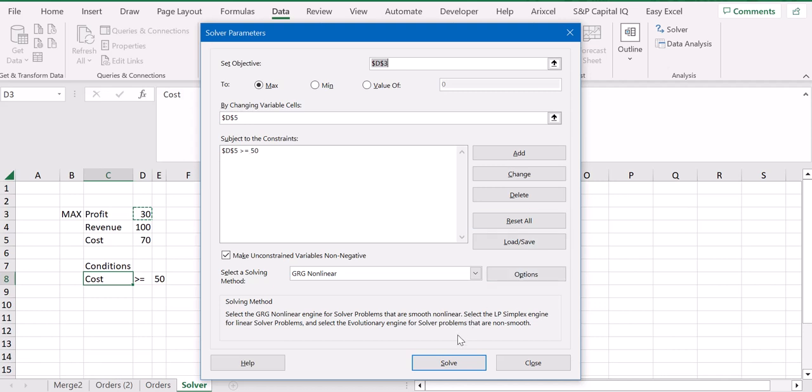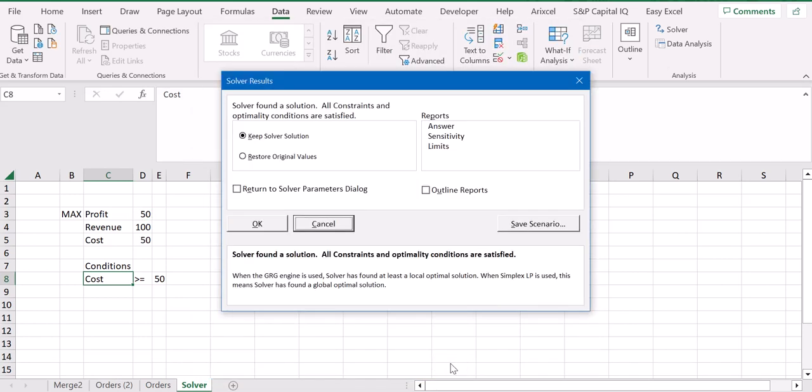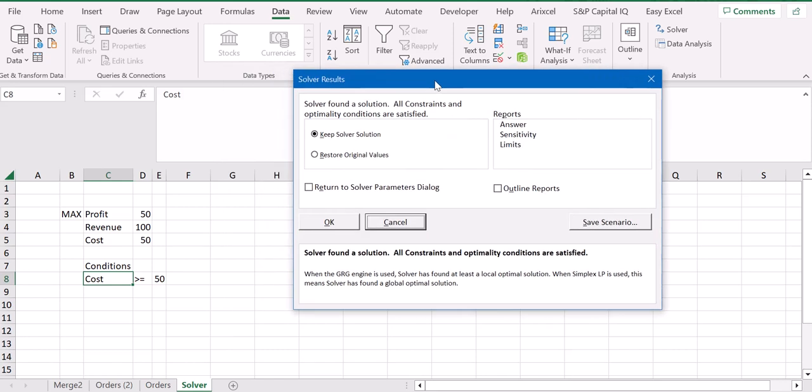Okay, now we are ready to solve the problem just by clicking on solve, and as you can see, the solver has automatically updated our data. So as you see, now the cost is set to 50, because 50, given the condition, is the number that is maximizing our profit. Okay,